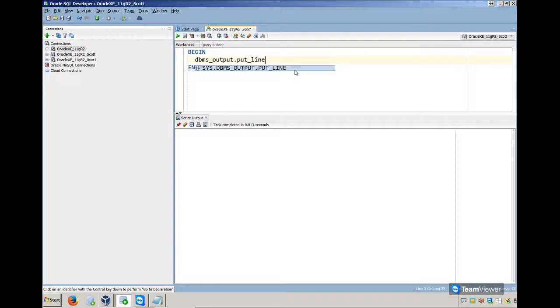You cannot say, oh, this is too long, I cannot remember. You have to definitely remember this because this is how you're going to print anything onto the screen. Now I will say hello world, and this is the first program anybody writes in any language. If you go to C programming, this is what they will teach, how to print hello world. So let me run this as a script. Now you remember this PL SQL thing, we are going to run as a script. So when you run it,